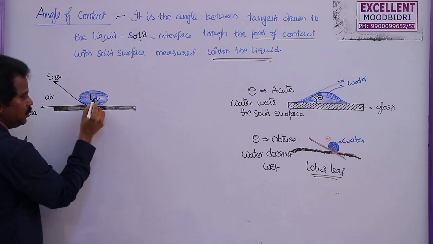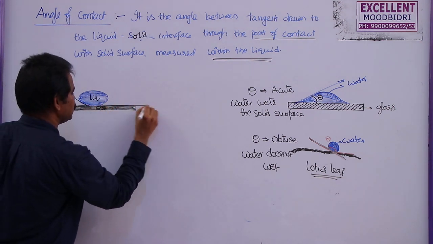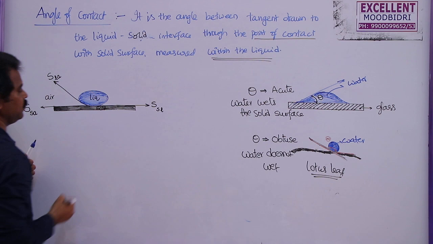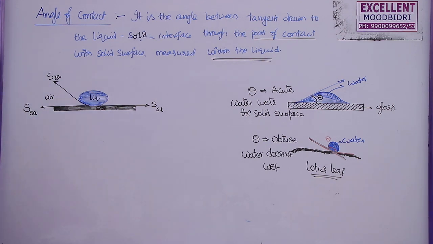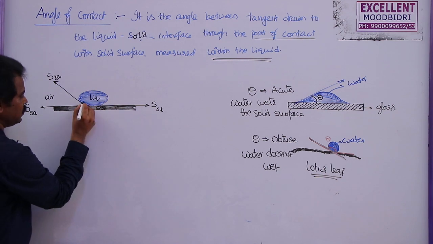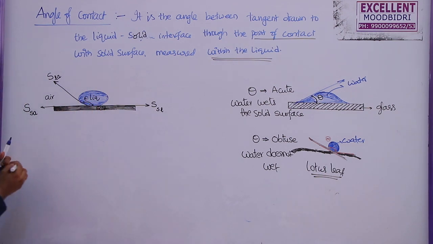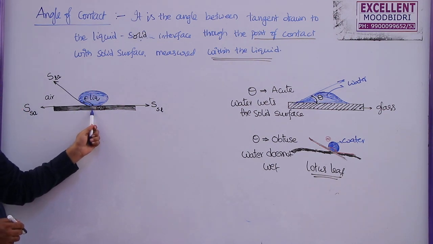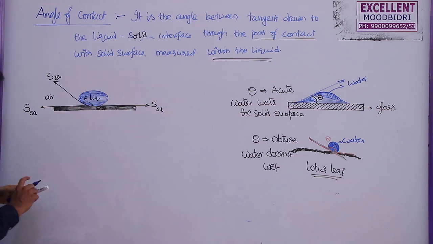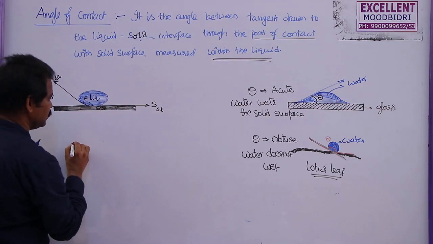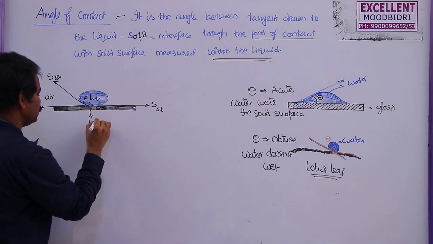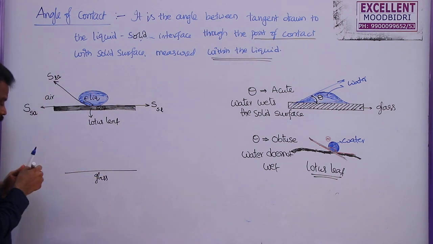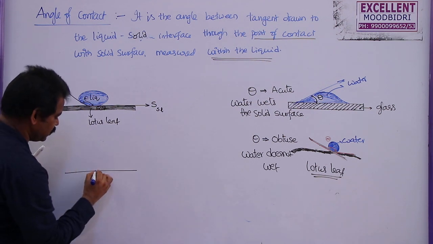And the third one here, solid and liquid. So the surface tension will act in this direction. So this is the surface tension between solid and liquid. So these are the three different interfaces and three different surface tensions. And we know that this is the angle of contact. And this is in case of this lotus leaf. Let us say this is a lotus leaf and this is water. Similarly, here I am taking this as a lotus leaf. Now, if you take this glass here it is shown that it will try to spread on the surface.